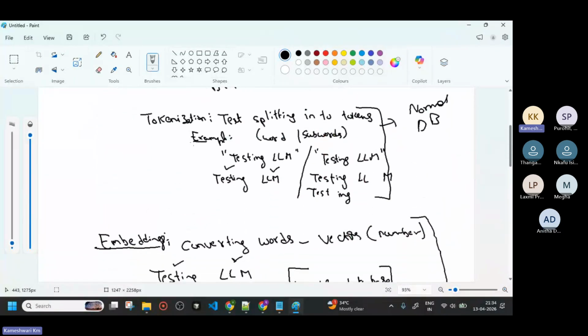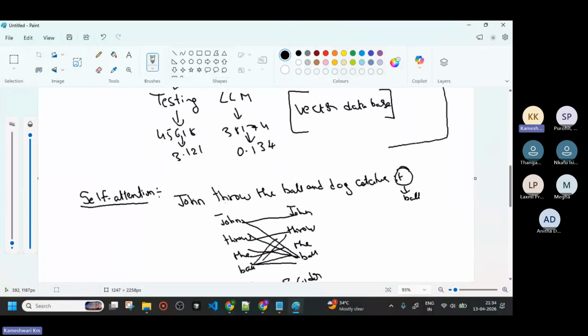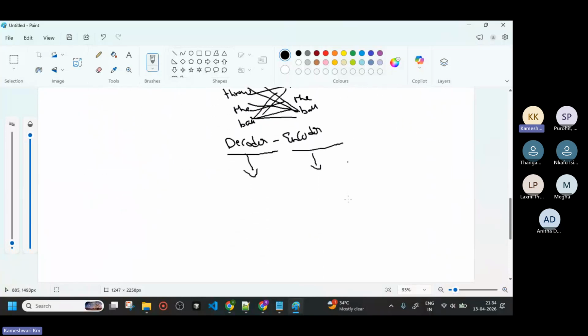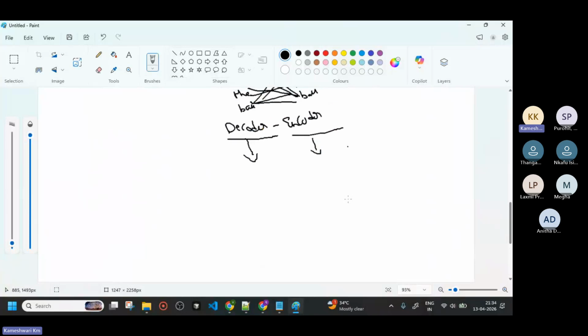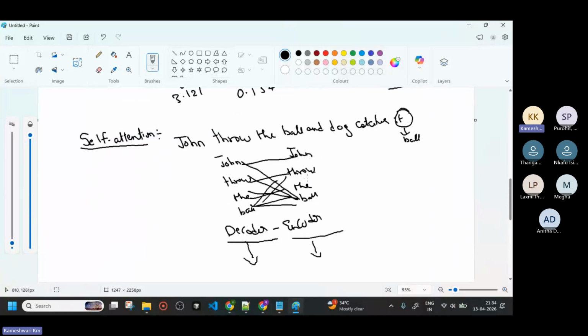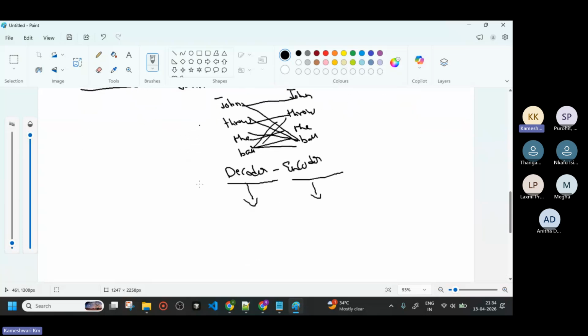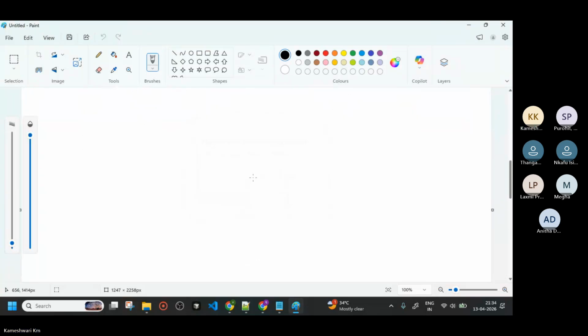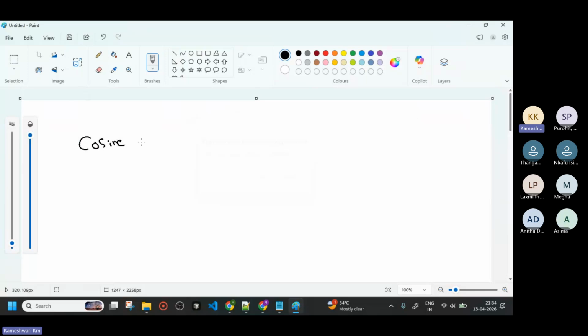Mostly you will get tokenization and embedding questions. No one will ask about self-attention or transformers. So the LLM is predicting the next word. With the help of encode and decode with self-attention, we guess the word in the LLMs. That is the theory behind the LLM. Now the most important things are these three, which are very important for us to understand. Cosine similarity: many of the members will ask about it in the interview.